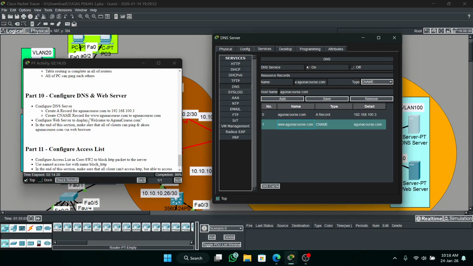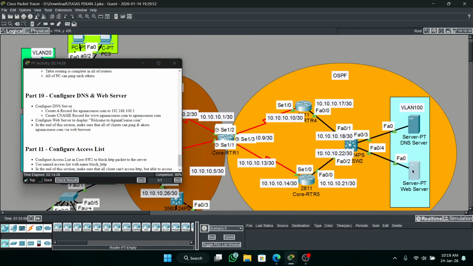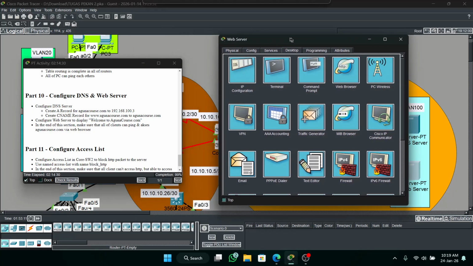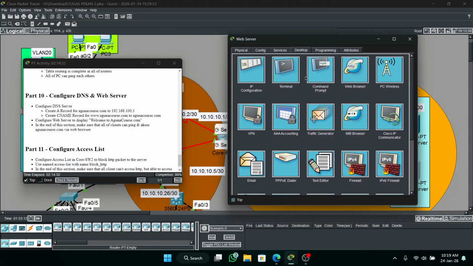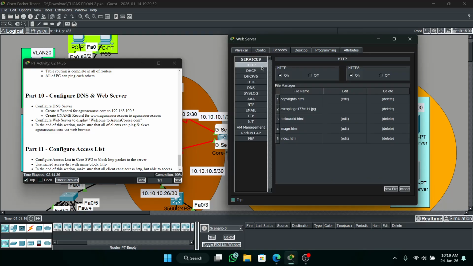And configure the web server to display welcome to Aguna course. Okay, you can close, then click web server and go to the Services tab, HTTP is on, and HTTPS is on.